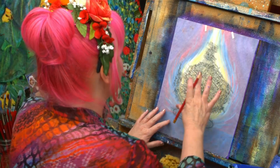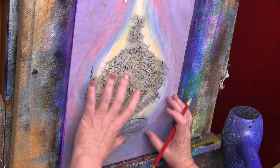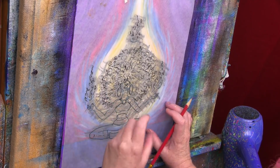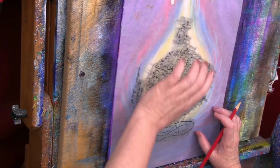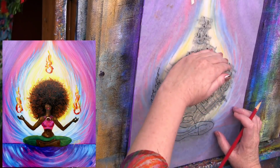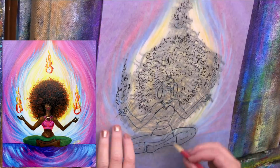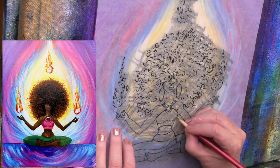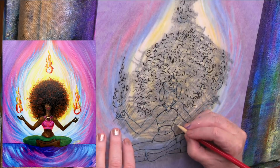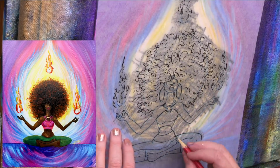All right. So when you print out your traceable, do the image full, like take it all the way to the edge, right? You want to make sure that you've got her feet and the top of the flame there. I would say you could lose the top of the flame, and then it's very easy to place her on the canvas. All I'm going to do is trace over the lines that I have here. And hopefully, if we are lucky, this is going to leave a...